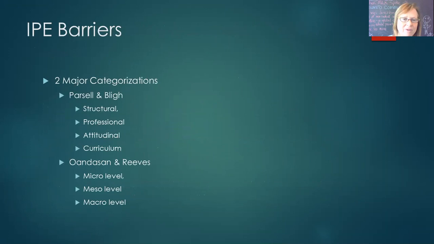So what are some of the barriers to interprofessional education? There's a couple of different models that I'm going to talk about. When we look at Parcell and Blind, this is in your readings in your text, they talk about 4 different things. So there are structural barriers, and those are things like those external professional requirements, like our competencies for registered nurses or RPNs, the standards of practice.